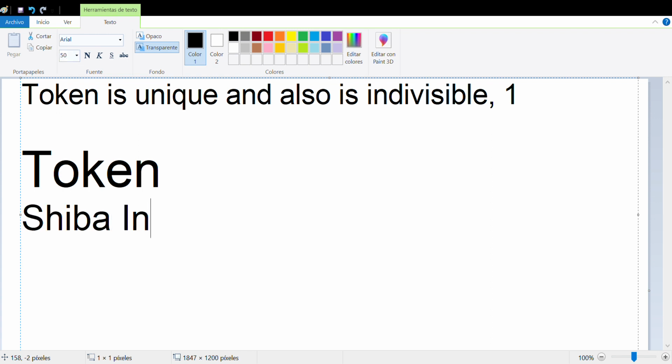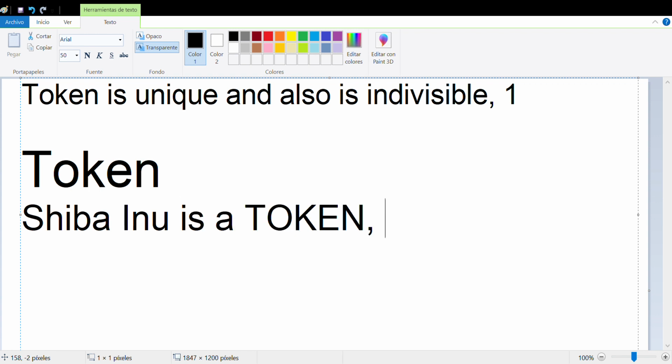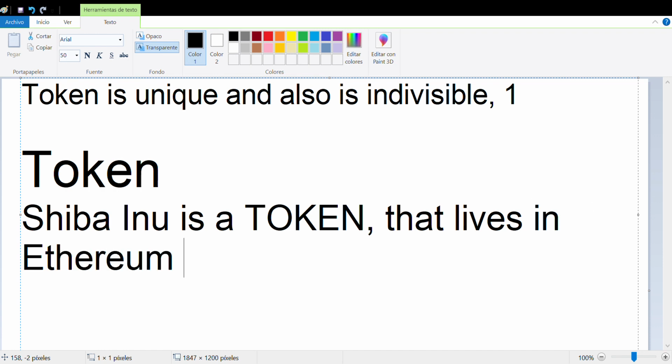Shiba Inu is a token that lives, I think, in the Ethereum blockchain. I don't really know too much about it. The cryptocurrency is, for example, Bitcoin, Ethereum, Solana, things like that.